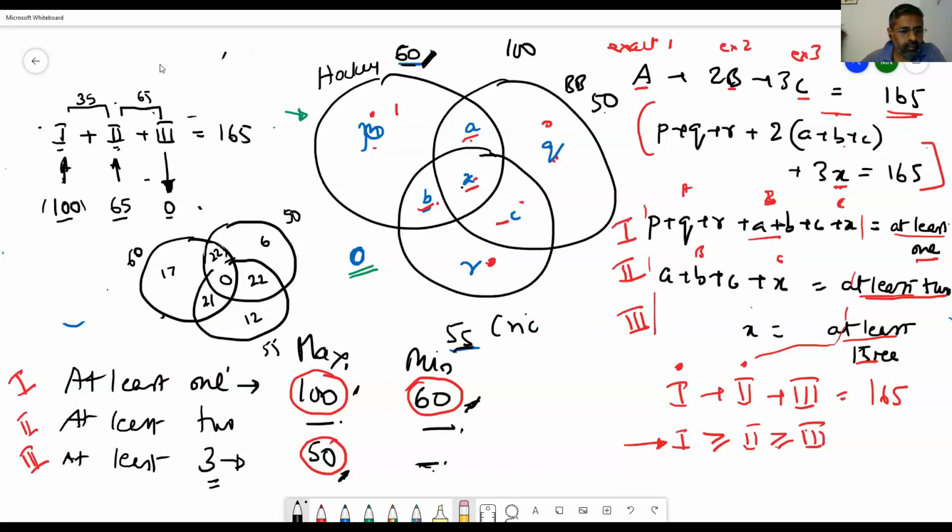Are you able to get these values now? You get what I'm saying? Otherwise, it is very difficult to arrive at this value. I mean, you can take 0 here, but what would be the value here is going to be very difficult. This is going to be very difficult to define and arrive at if you take this method, a plus b plus c.